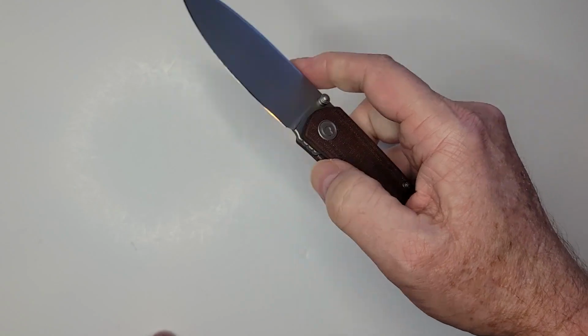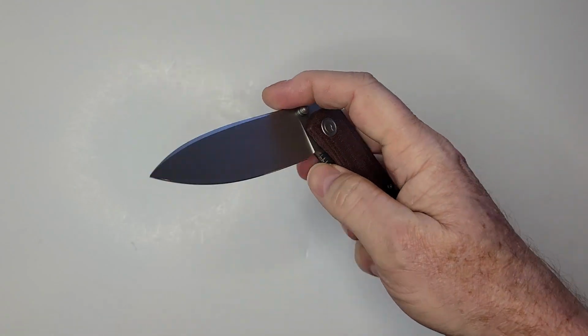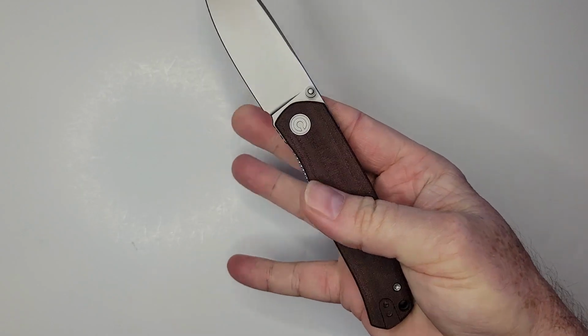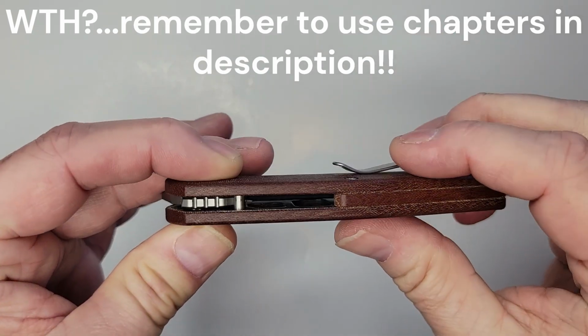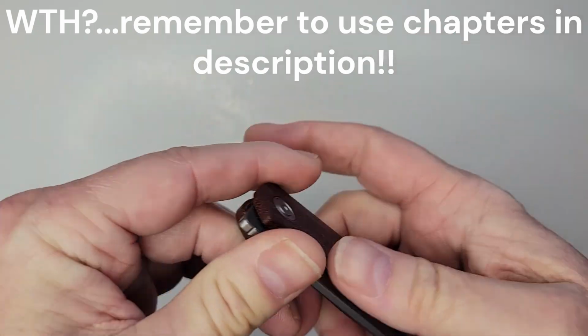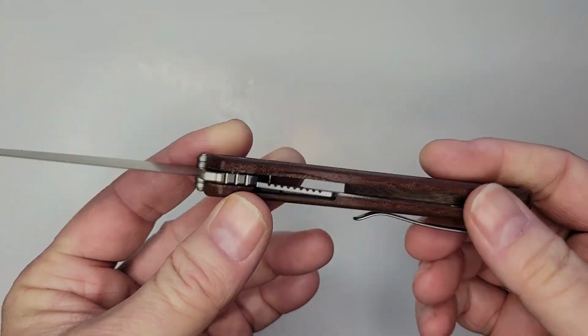This knife, the Sokoke, has multiple deployment methods, front flipper and thumb studs. The action is absolutely awesome. It's contoured micarta with an inset. It's an inset liner lock. I mean, this for me,